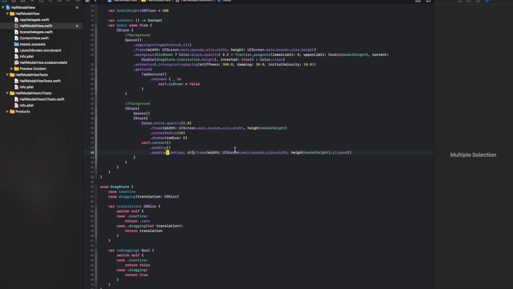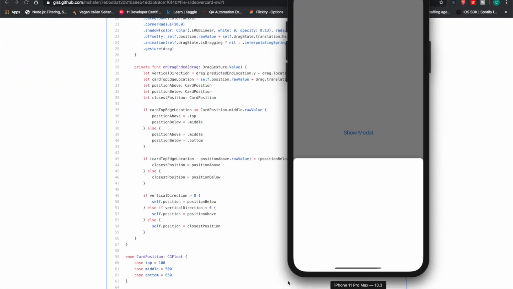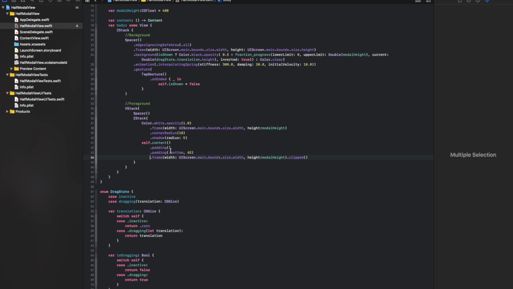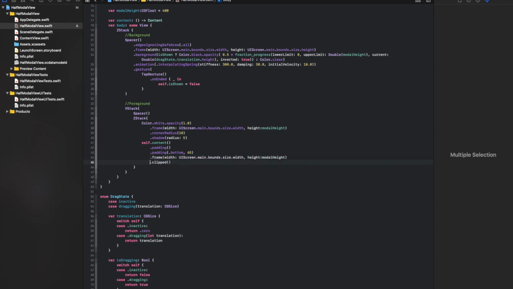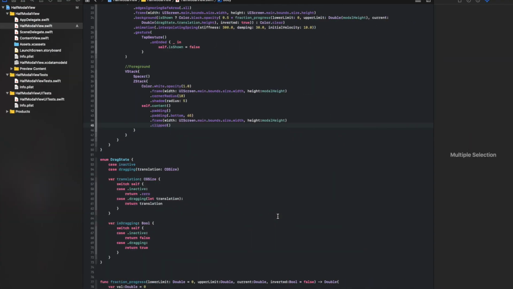And the biggest thing is that this content all goes down into the safe area, so we want to give it some padding to push all the content back up out of there. So we gave some general padding all around and some extra 65 points of padding on the bottom. And then we give it its width and its height, and we clip it. And by clipping it, we prevent things from falling on top or bottom of the screen of the modal. Okay, we save it,